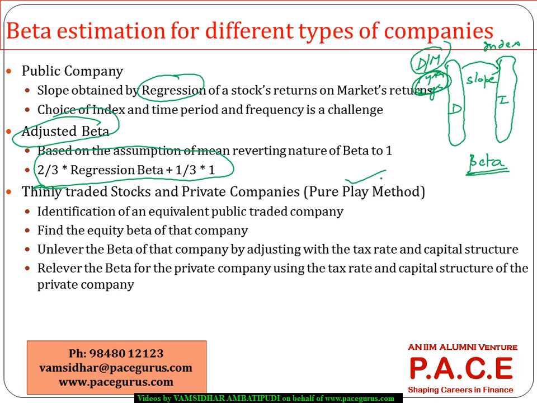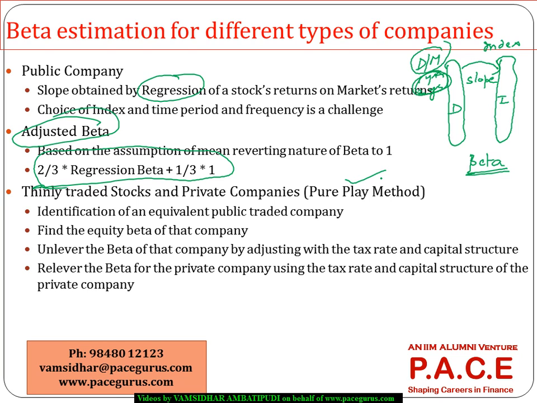So let's say we are talking about a privately held cement manufacturing company. The first step, if I have to find out the beta for that particular private company, is to identify an equivalent publicly listed company which is more or less into a similar kind of business. Then for that particular company I would try to find out